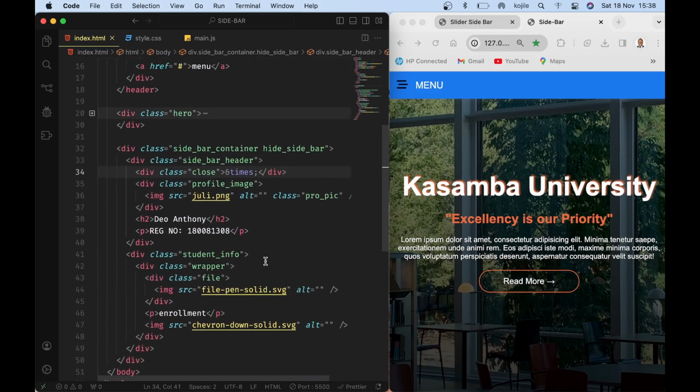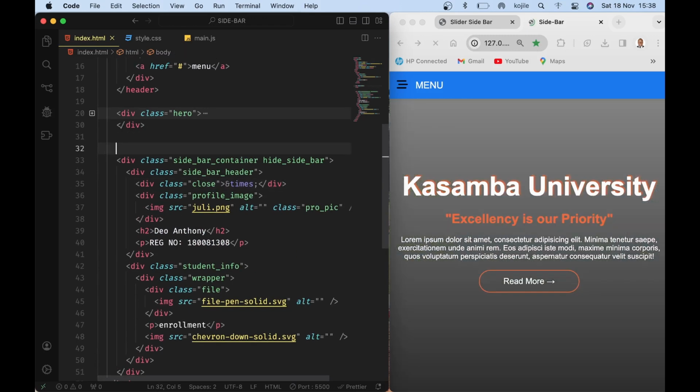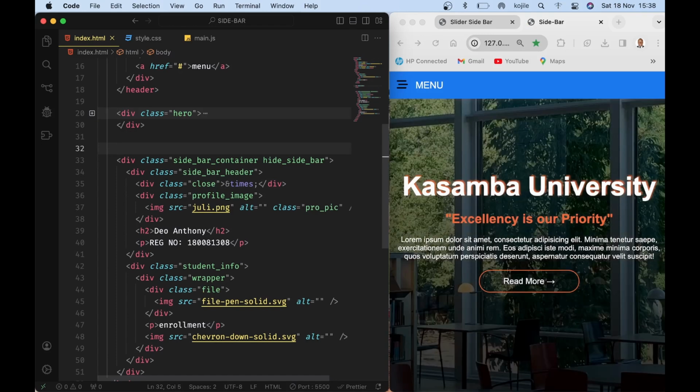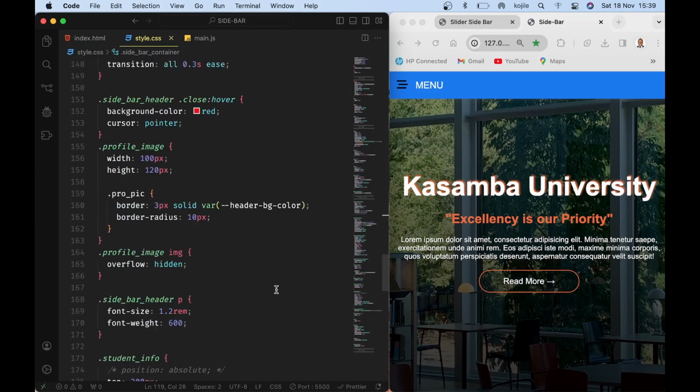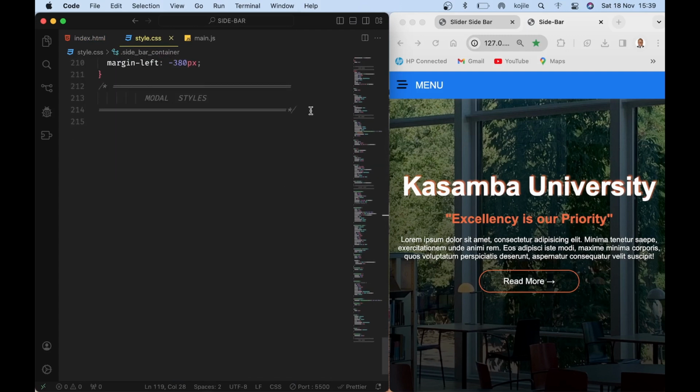We can give it anywhere, maybe here after the hero, and we say modal. Now let's style it. By going back to the style sheet, and in the last section here of our comment of modal style, so let's paste it,